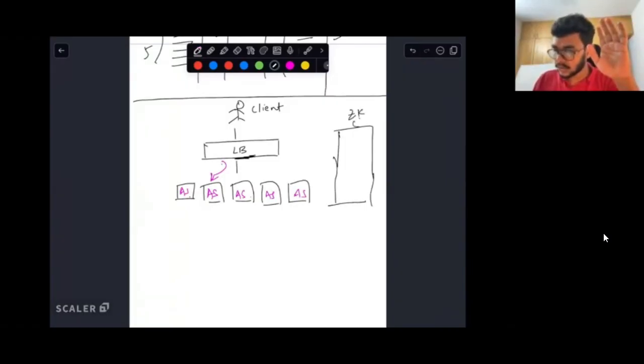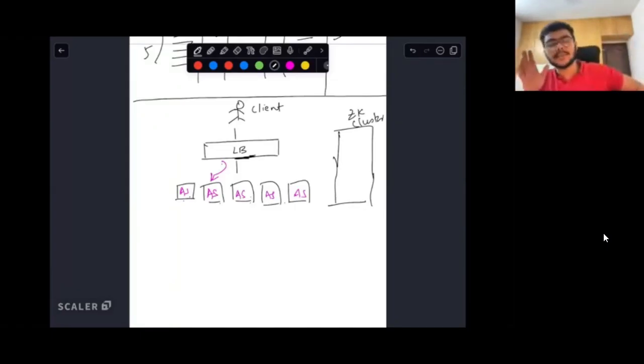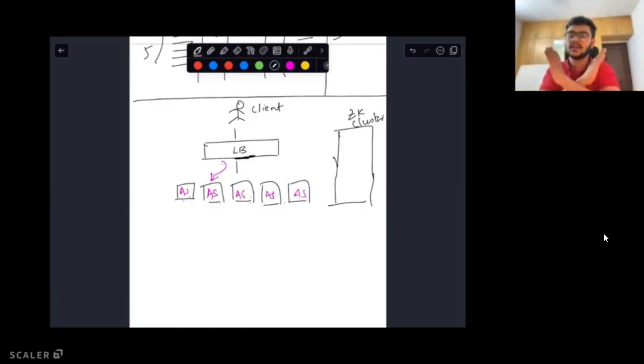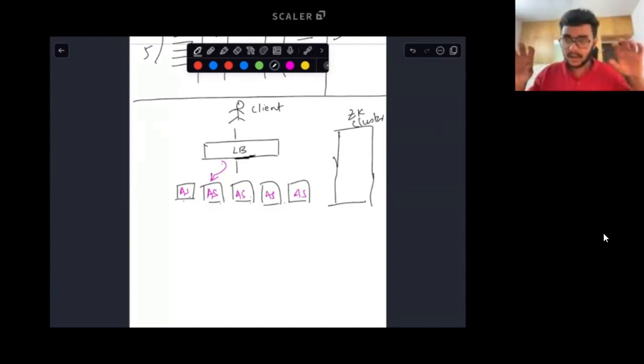So you can use a Zookeeper cluster here, which is going to manage the state for your application servers. It's not just that the Zookeeper cluster is used to elect the leader in a master-slave MySQL database cluster architecture. No, that is a wrong understanding. Anywhere where you have to coordinate some metadata about a distributed system where there is more than one machine, Zookeeper can be amazing for that.